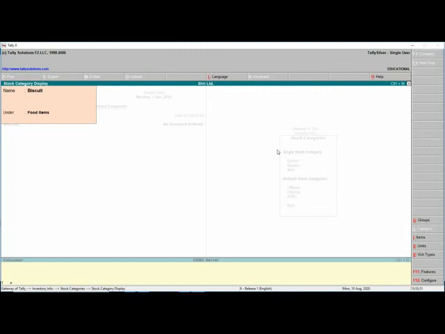As it is display, it only displays the information related to that category. It doesn't allow us to make any modifications to the already recorded information. Press escape.